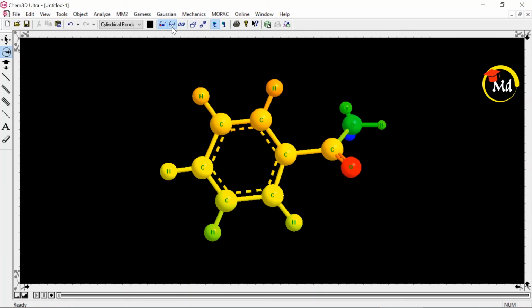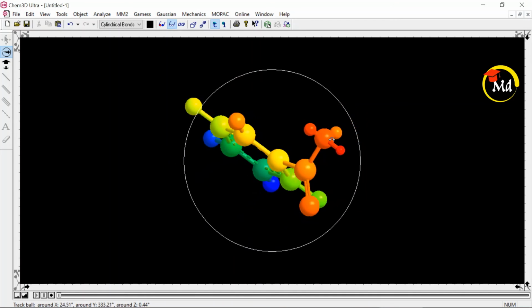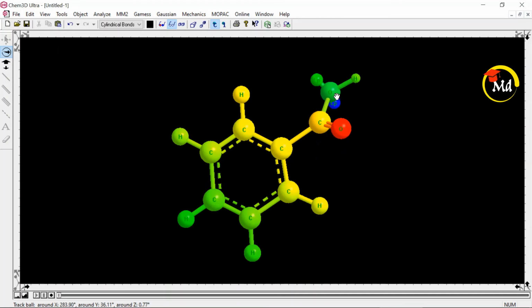I'm showing you with others. Alright, so yeah, this one is cool. Now here you can see this one is carbon, this with double bond oxygen shown with a red bond. This one is oxygen, and the lone pair on oxygen are also shown here with the two balls. So these two balls are the lone pair on oxygen. All right, so don't confuse it with hydrogen. These are not hydrogen, these are actually the lone pair on oxygen atom.